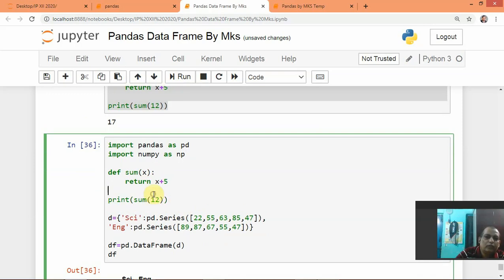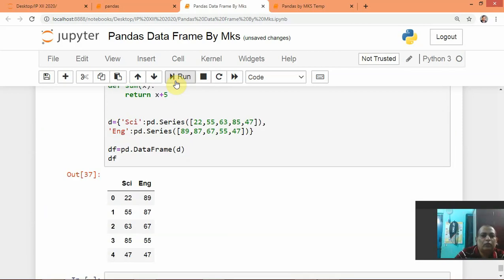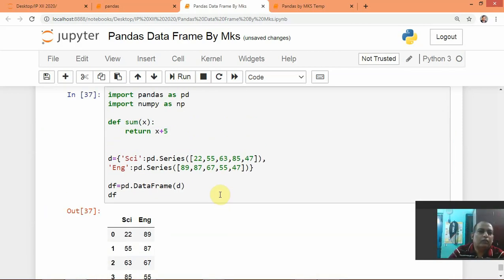So how to apply this function? This one I will remove because it is not required, we only want the function. So run and see what is the output. There is no change.